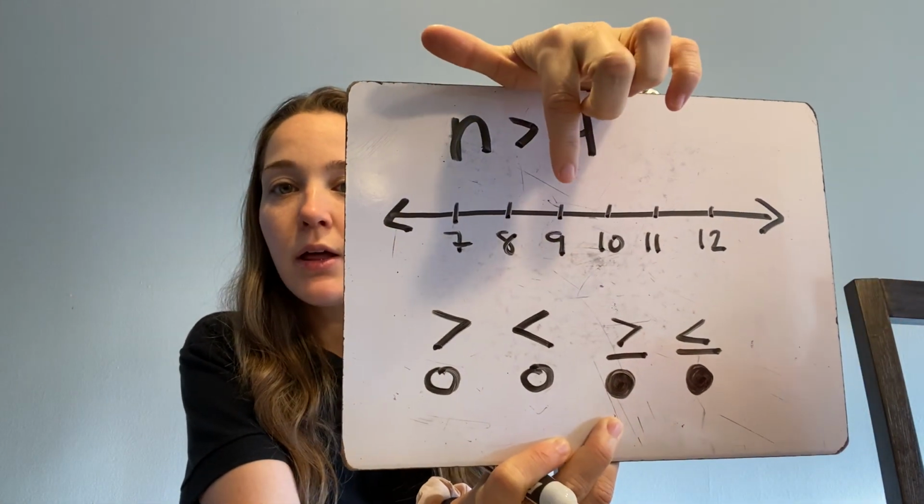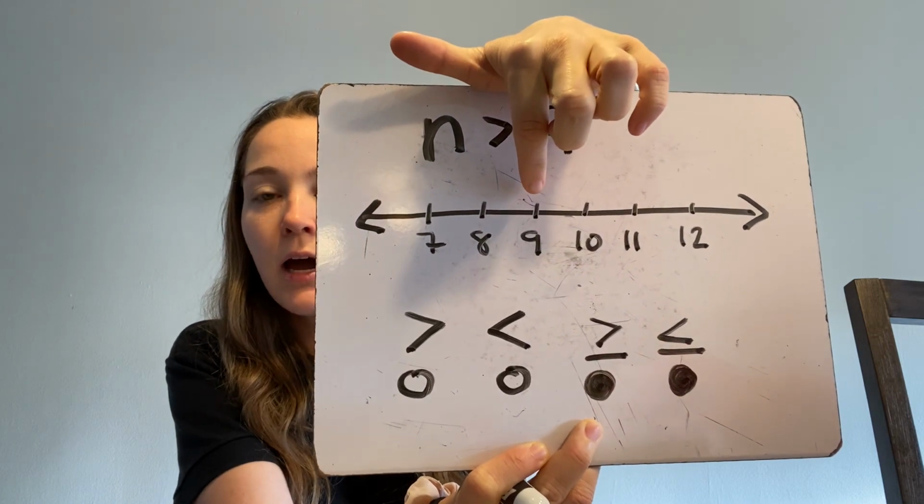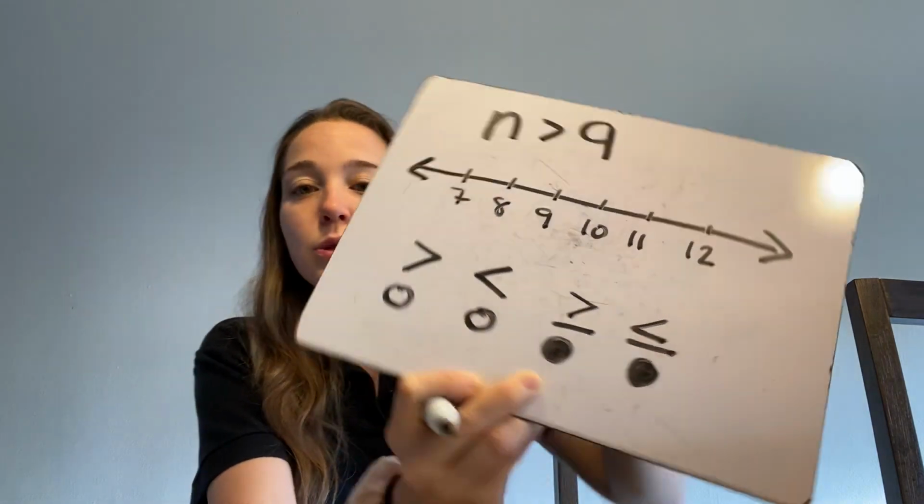When we put a dot right there on the 9, we're going to have to use an open circle to graph this. And this is really important that we keep that circle open, because what we're saying is that it has to be bigger than 9. It cannot include the 9. If we draw a closed dot on the 9, we're saying 9 counts. And in this case, 9 doesn't count. So I draw